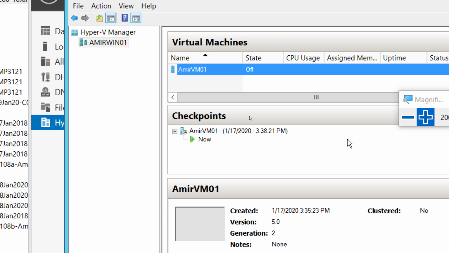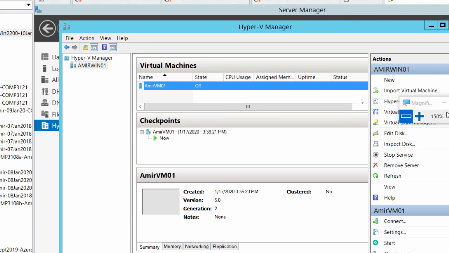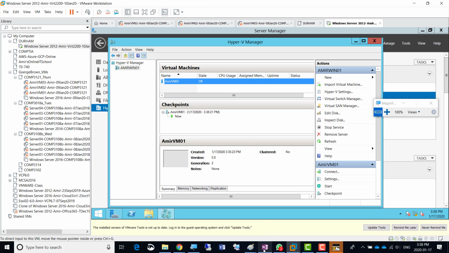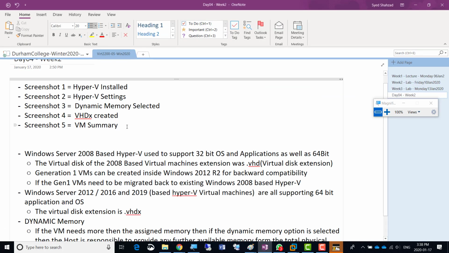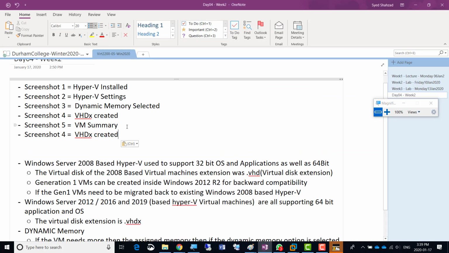Okay, so checkpoint created, right? Now here, if you have taken the screenshot with the timestamp, I'm just going to quickly label that. Checkpoint created. Since we are creating a checkpoint, why don't we create a snapshot as well,